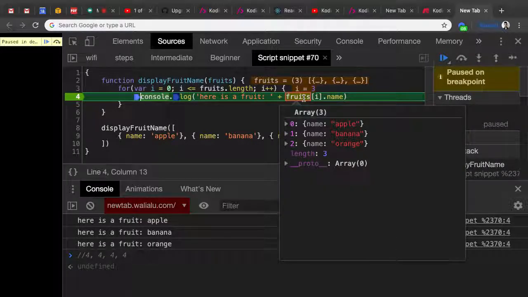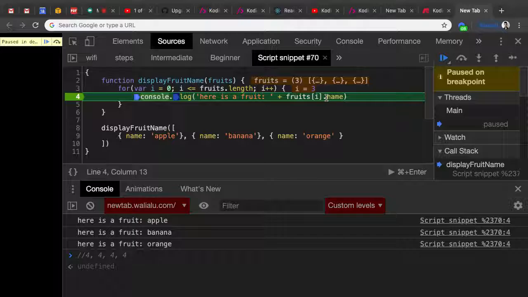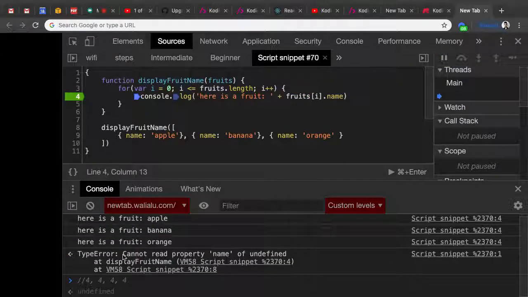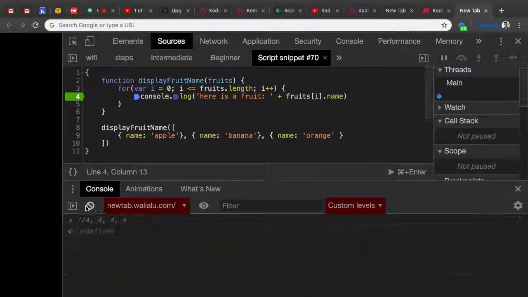i is 3. There is no index 3, right? So what's fruits of element at index number 3? Doesn't exist. What's the technical way to describe that something doesn't exist? Undefined. What happens when you do undefined dot something? It throws an error. Correct, Dave. It throws an error. That's why it fails, right? Cannot read property name of undefined. So to solve the problem,